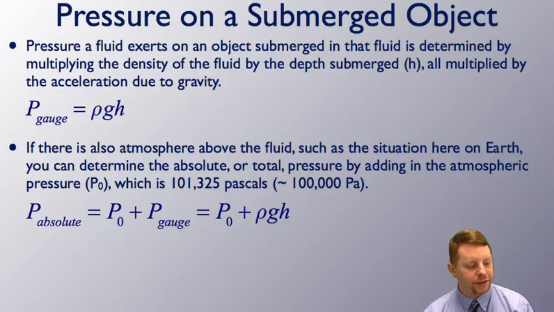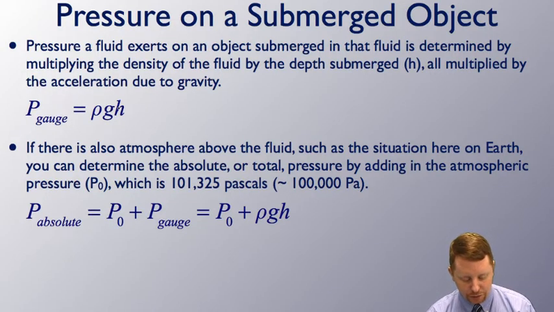How about pressure on a submerged object? The pressure a fluid exerts on an object submerged in that fluid is determined by multiplying the density of the fluid by the depth submerged, all multiplied by the acceleration due to gravity. Call that gauge pressure. It's equal to the density of the fluid times the acceleration due to gravity times the